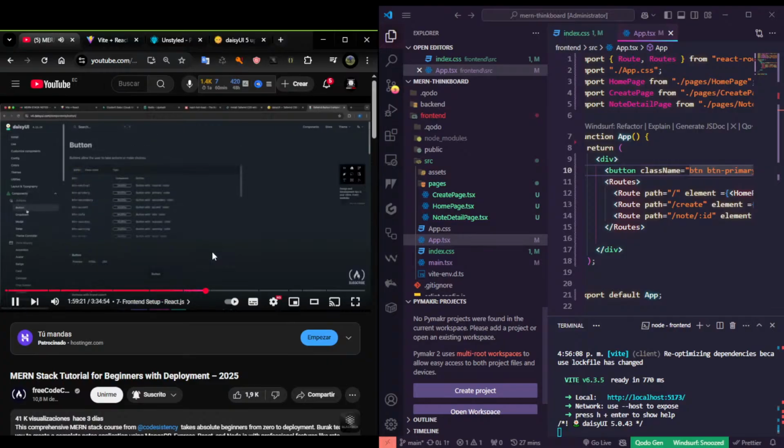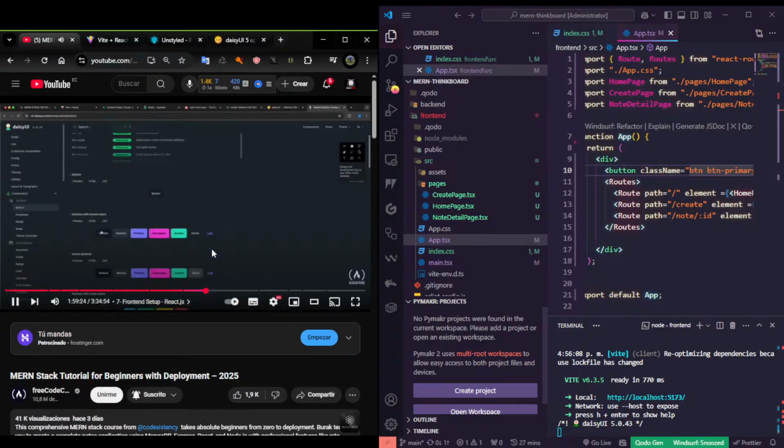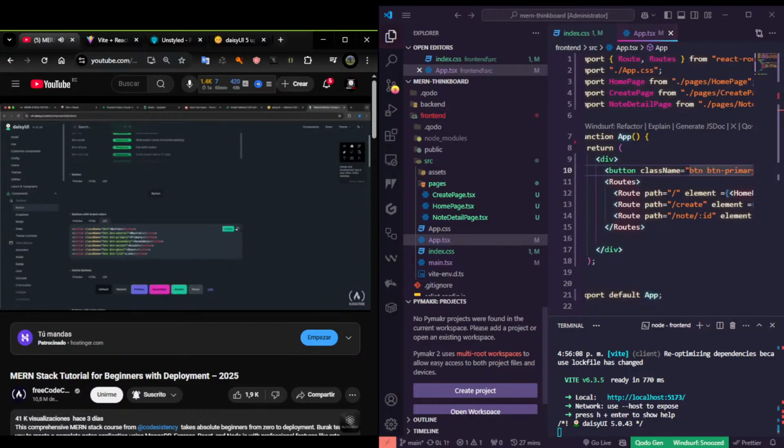under the components we have different buttons. So let's try to copy every one of them. Since we are using JSX, I'll select this one,